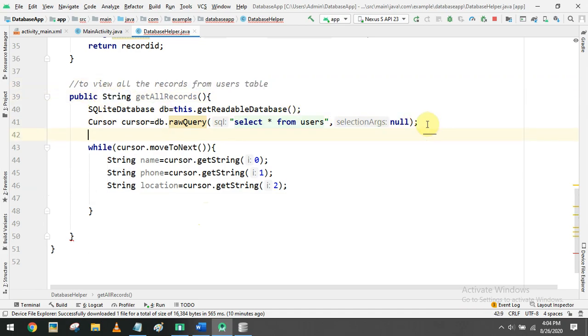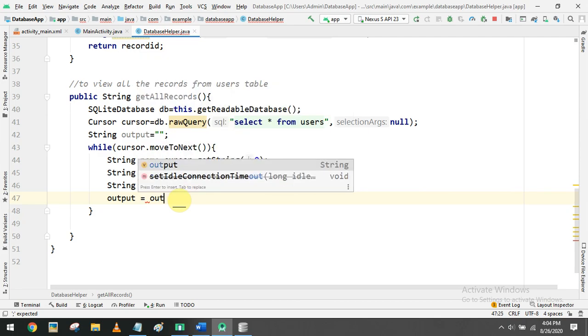So what we have to do is prepare the final output string. We prepare one empty string initially. Then this empty string we concatenate with every record. The concatenation I am doing inside every iteration.